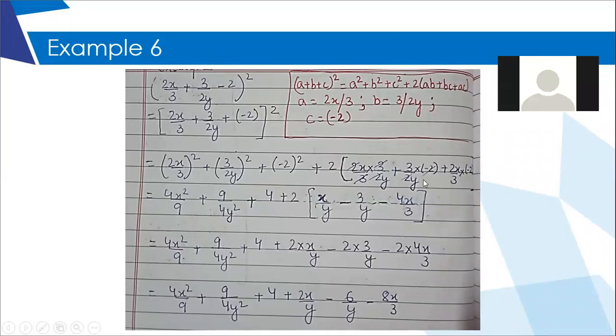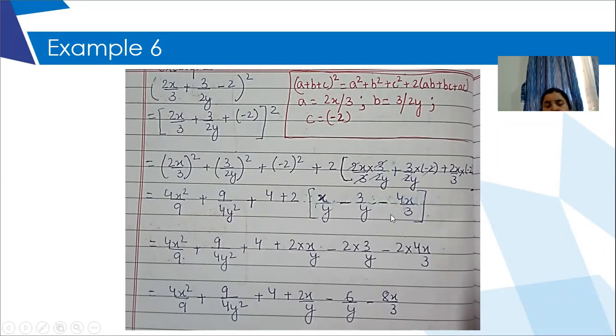Always when there are so many terms and signs which you're dealing with, it is always better that you solve and simplify and then go step by step. In the next step, I have copied the first 3 terms as it is. And now I have opened this bracket. This bracket is getting multiplied with 2. That means distributive property we will apply. We will multiply 2 with all the 3 terms.